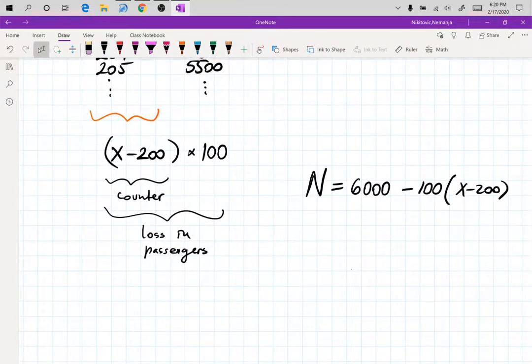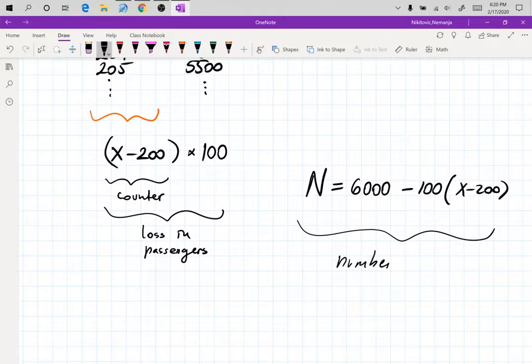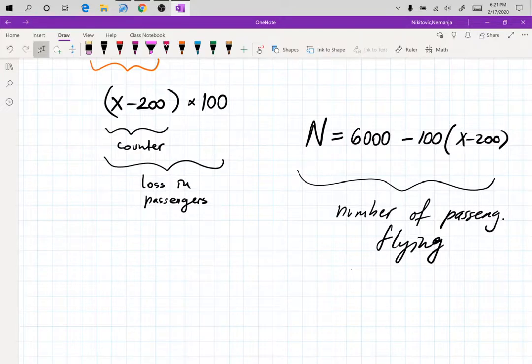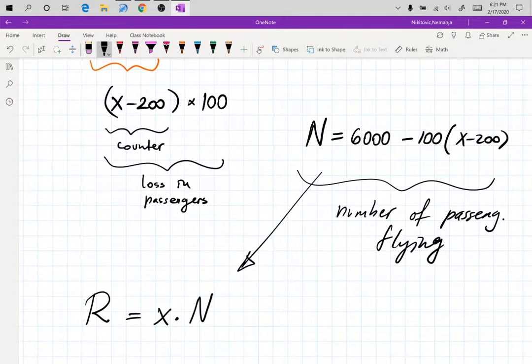So this one over here is the number of passengers flying, and then we're going to find the revenue as the ticket price X times the N, because revenue is all of the money that they collect from tickets, and then from the revenue, you have to subtract the cost